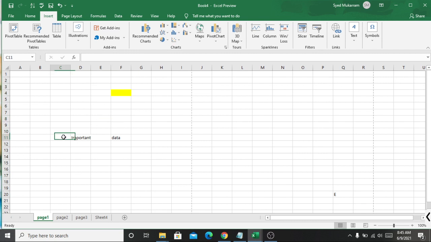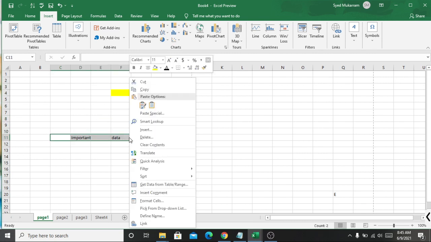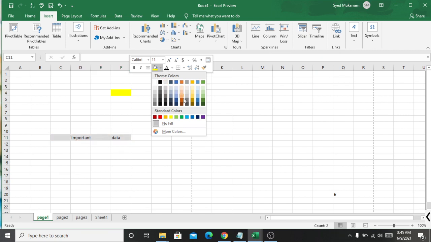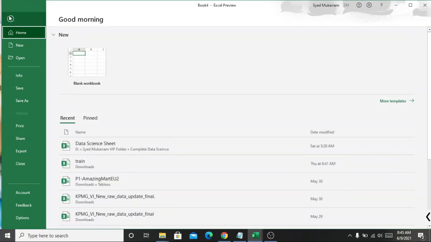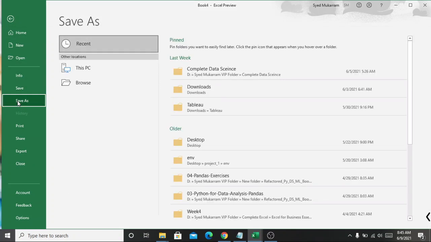You may want to draw a red line over here on the important data, underlining it and giving color to your data. Then you can go over here and save this file. You have multiple options on the screen, and you could save as